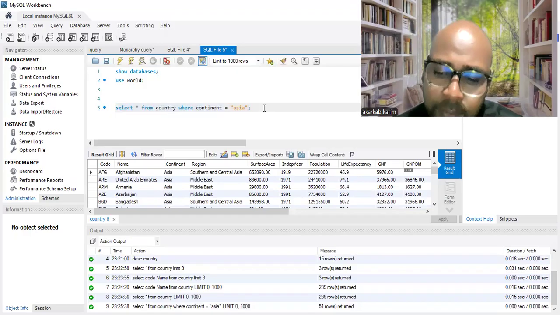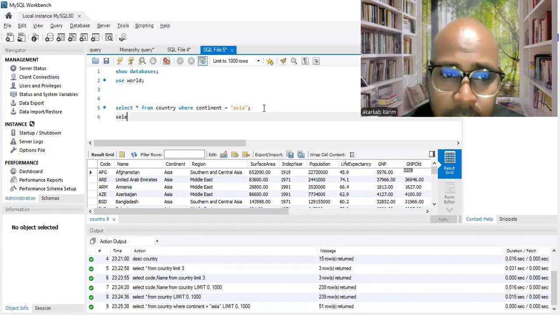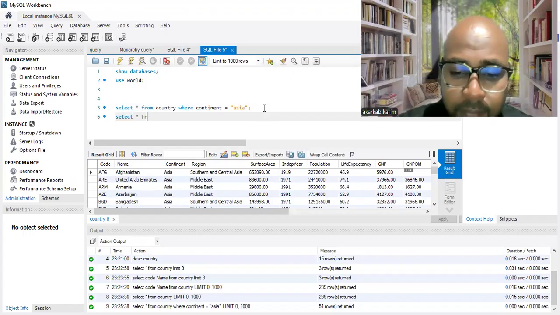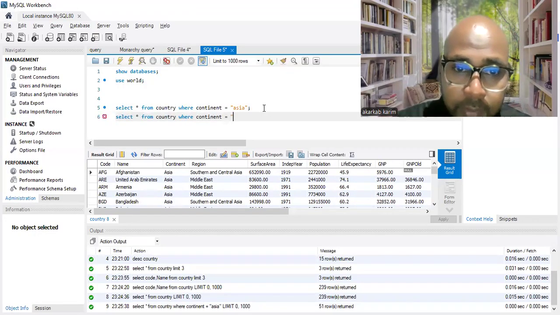We have a lot of things to do here. So let's create another query with two conditions, for example. Let's select again from country where continent is equal to Asia.